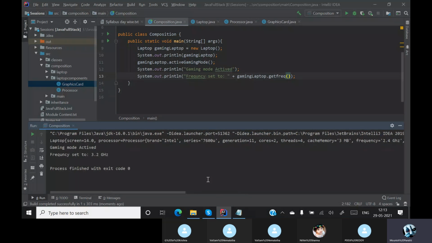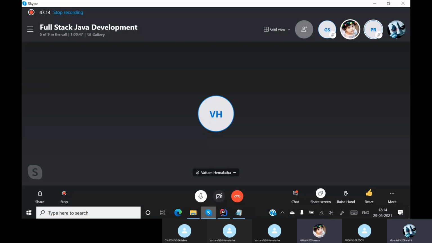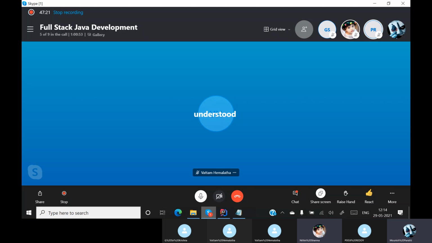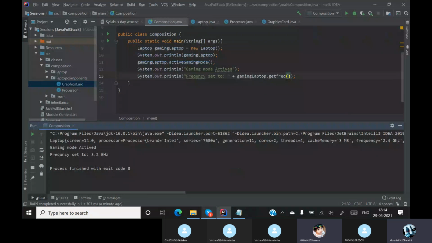Okay, understood how the functionality works? Yes, sir. Everyone? People are there or sleeping? So once again, sir. Okay, where do you have a doubt?